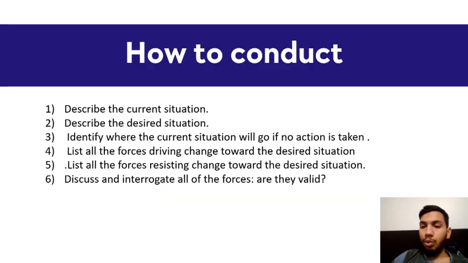So how to conduct FFA? The first step is to describe the current situation, and the second one is to describe the desired situation, what situation they want to move on to. That's the thing that I mentioned in the diagram: in order to go to the upper side, they need to unfreeze from below the green candles so they can reach the upper level, and then they need to refreeze it again,